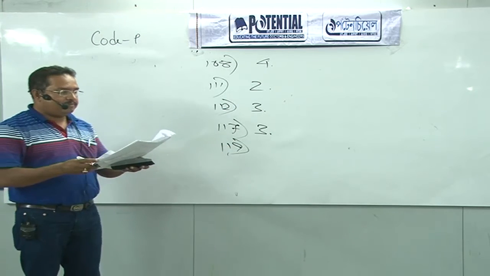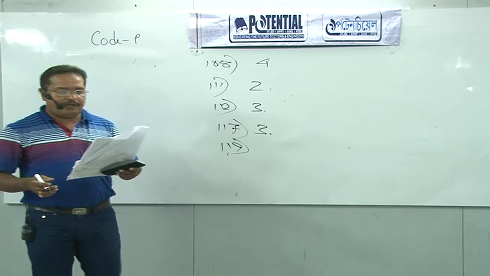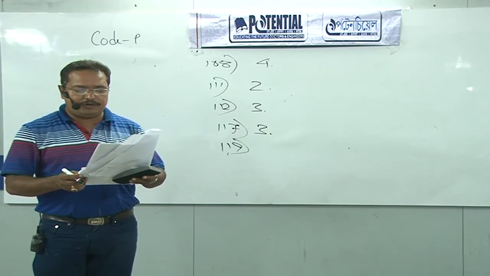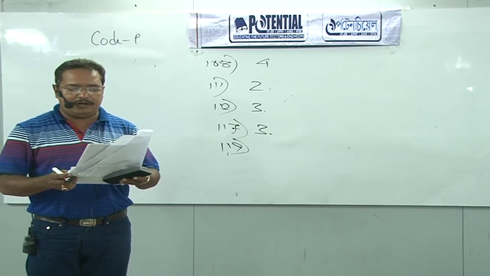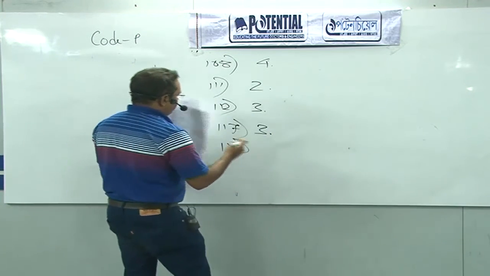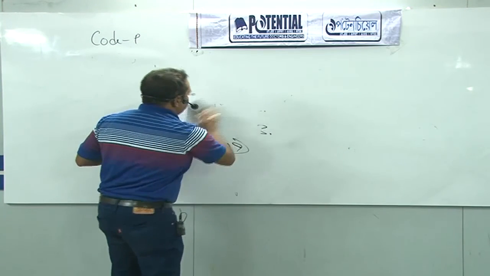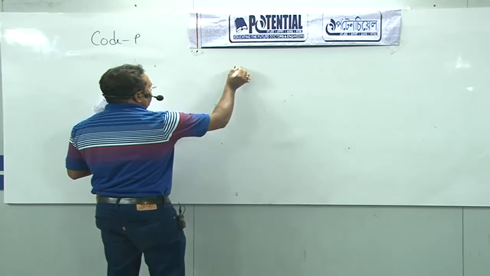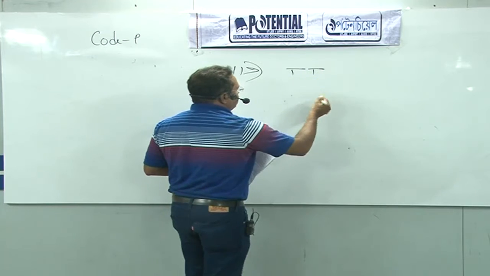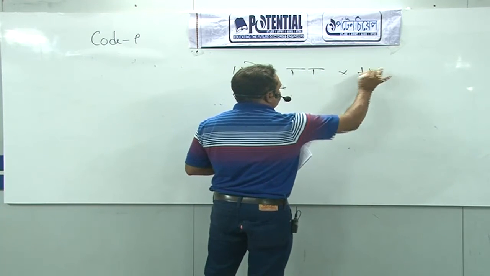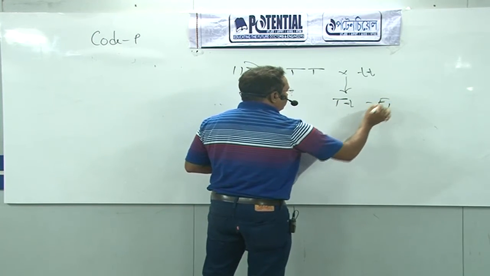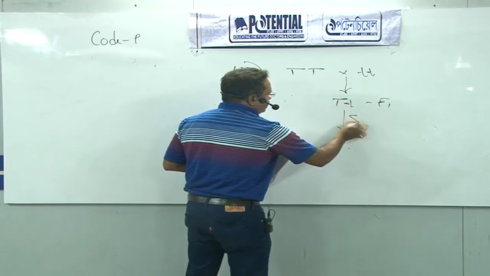Question number 119. A tall true-breeding garden pea plant is crossed with a dwarf true-breeding garden pea plant. When the F1 plants were selfed, the resulting genotypes were in the ratio of. So for the F1 of tall and dwarf true-breeding plants, the two plants are capital D, homozygous dominant, crossed with a homozygous recessive, small d. The F1 individual is capital D small d. This is F1. If selfing is done here,